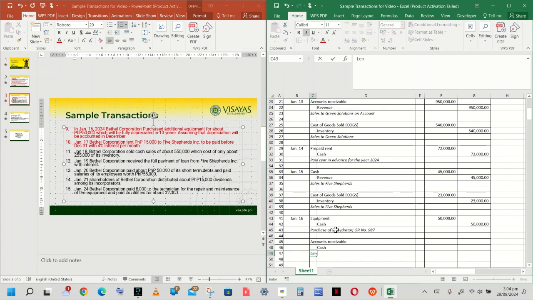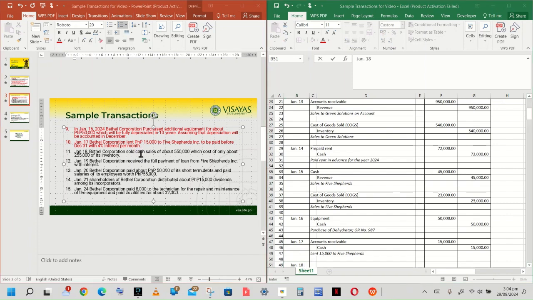Okay. Lend 15,000 to 5 shepherds. Okay, how much? 15,000. That is under January 17. Next transaction class is January 18. So, sa January 18 daw,